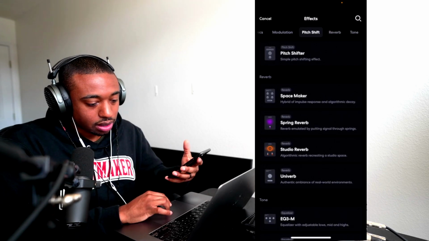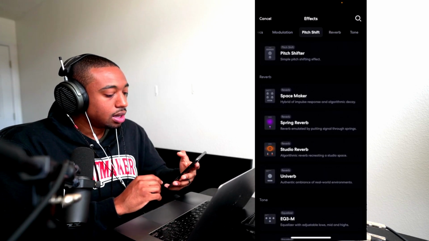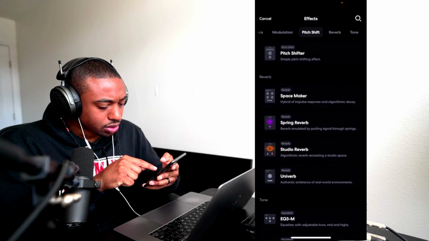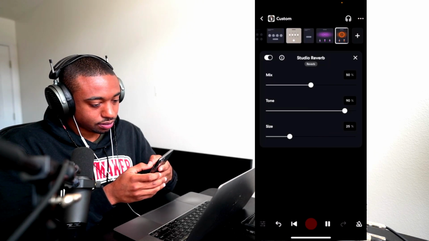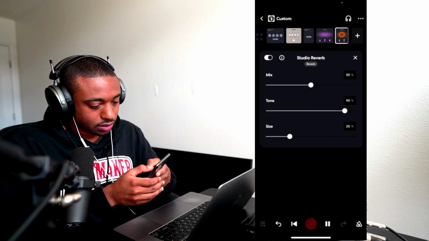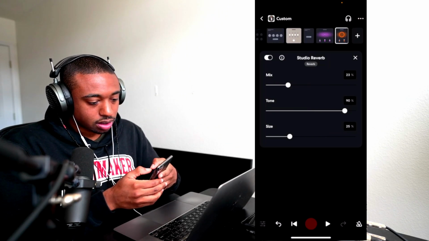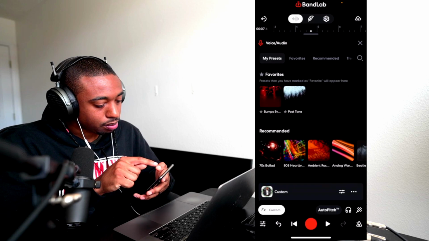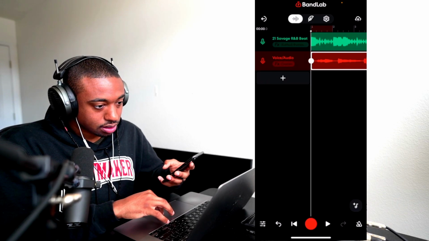It says skip frames. Okay, let's see what happens here. So it looks like my computer is glitching. Hopefully you guys saw this. So what we're gonna do is go to the reverb tab and let's do studio reverb. And this is the last plugin we'll have in the chain. Right now, just lower the mix level. Oh, that was out of key. All right, so apparently my computer can't handle the screen. So what we're gonna do is go back, X out of here. All right, hopefully you guys are seeing all this.